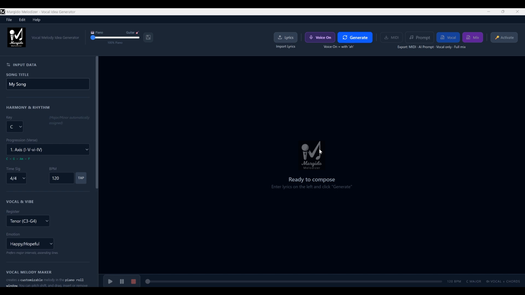Margido Melodizer. Okay, so this is Margido Melodizer. Whether you're a novice songwriter or a seasoned composer, you'll find that Melodizer has something useful to offer. The interface is really clean and simple and very intuitive. You've got your main menu with open, save, some import options, undo, redo, and a help section that tells you